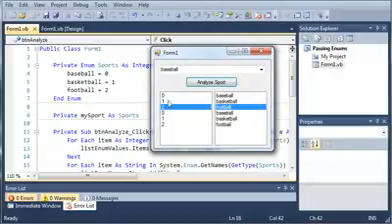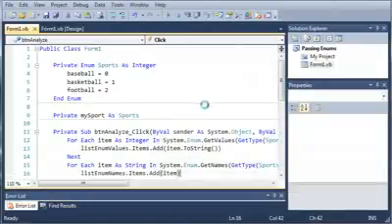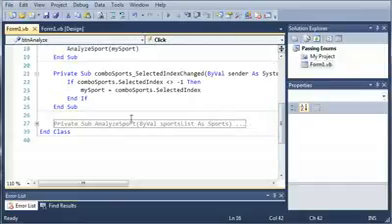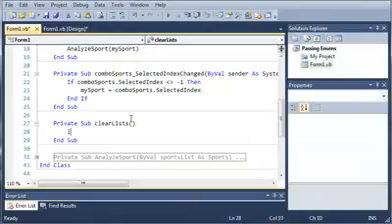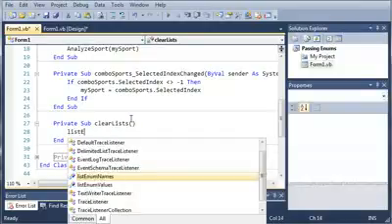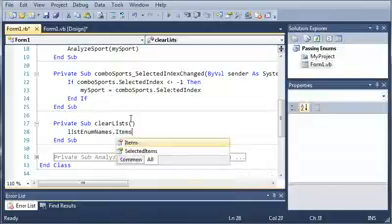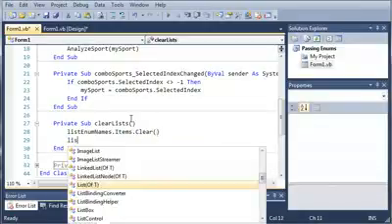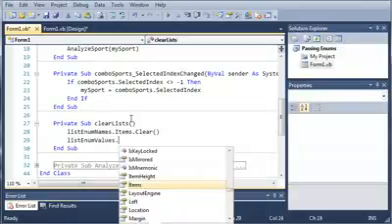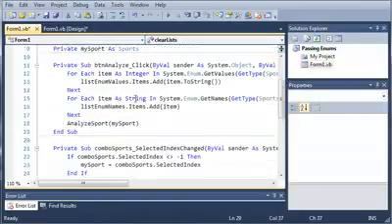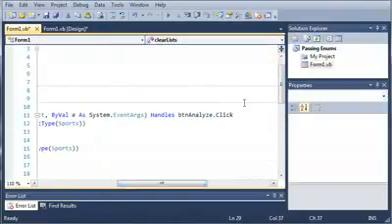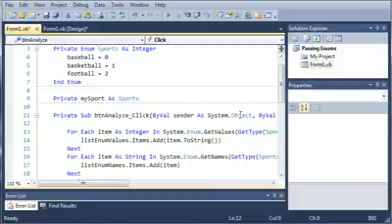Now you can see that it continues to add it to the list, so we can go ahead and make a simple fix for this. So we'll come down here below combo sports, and we'll type private sub ClearLists. Okay. And inside of this we'll just type list enum names dot items dot clear and list enum values dot items dot clear. So this is just going to clear the items, and we need to call that each time button analyze click, and that needs to be the first thing so it doesn't clear it after the